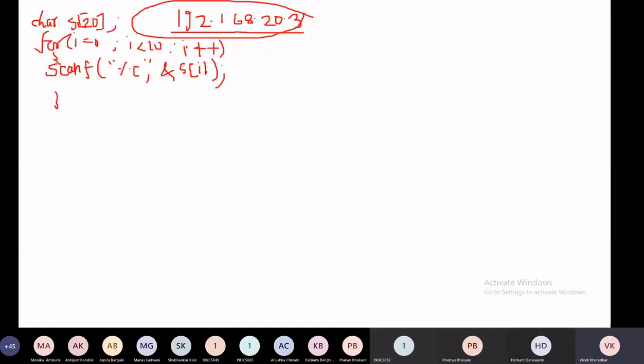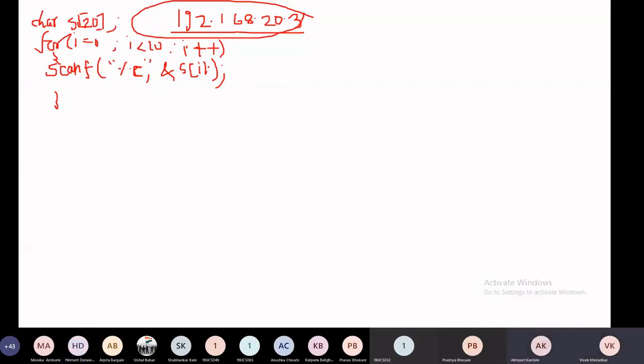Each time it will input a %c, meaning a character, from the user, and store it at s of 0, s of 1, likewise. But what is the drawback of this code? It requires 20 characters.